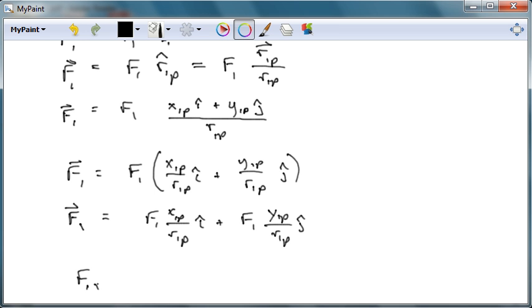F1x then, which is what I said I needed, is just the x component of it, the scalar x component of it. In other words, whatever is multiplying I, so F1 times